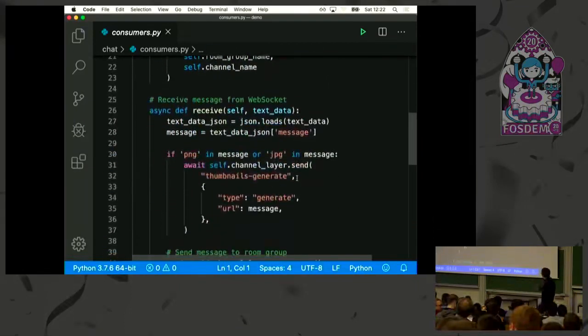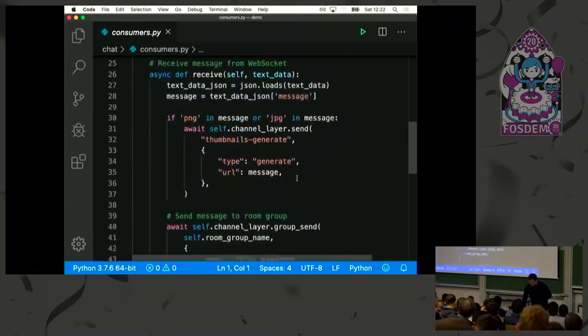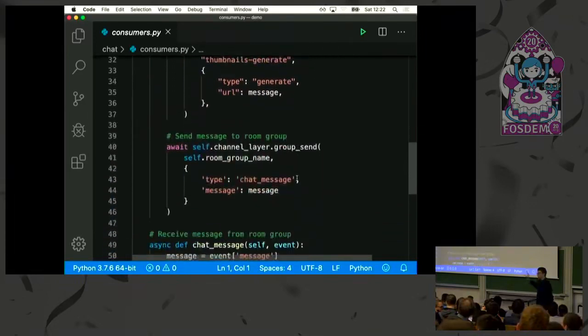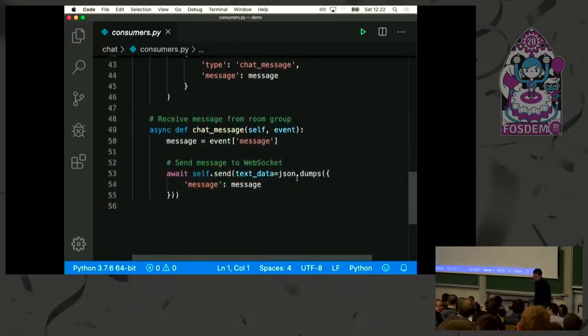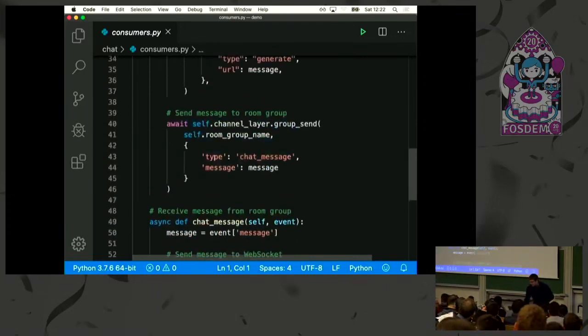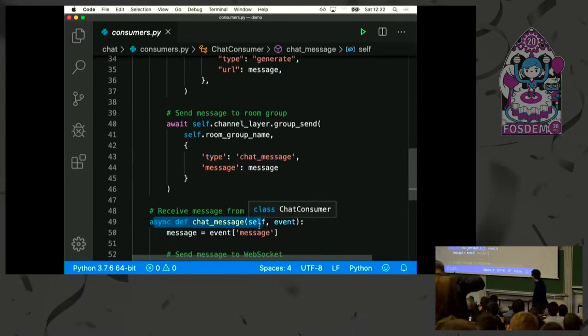When there is a new message, I look if there is an image in this message and I forward it to the thumbnail generate worker. And then I publish the message to the group. And each time there is a chat message in my group, I send it to the WebSocket. And the type of the message here will be the name of the function that handles it.